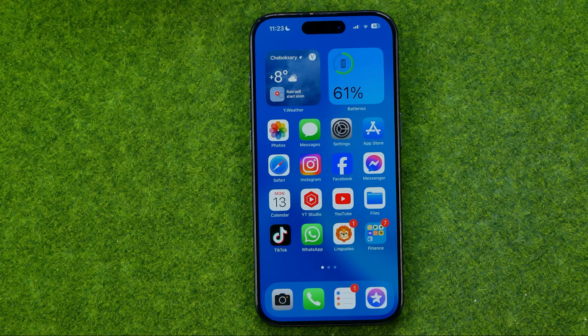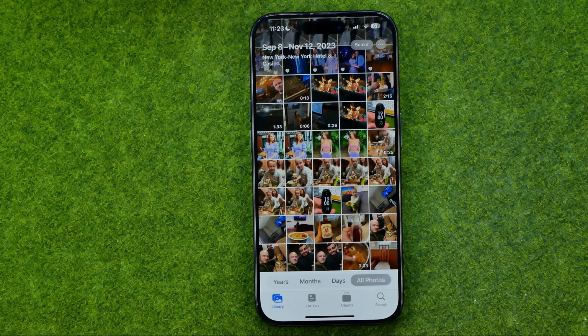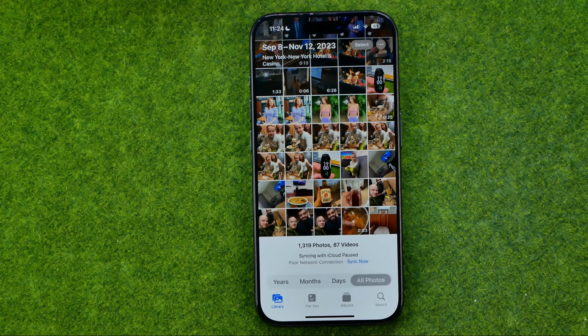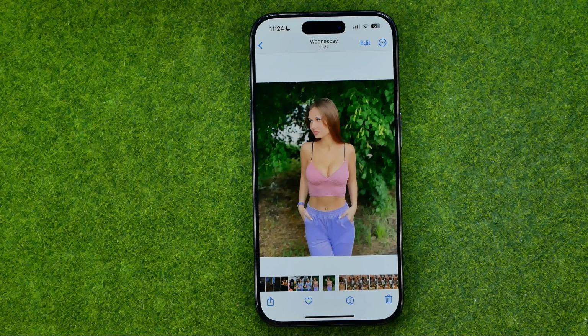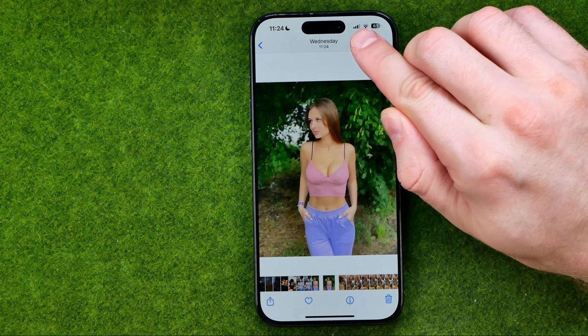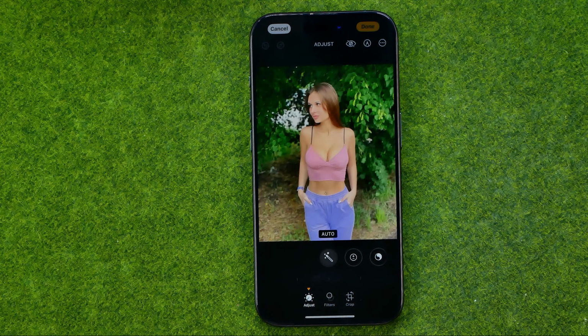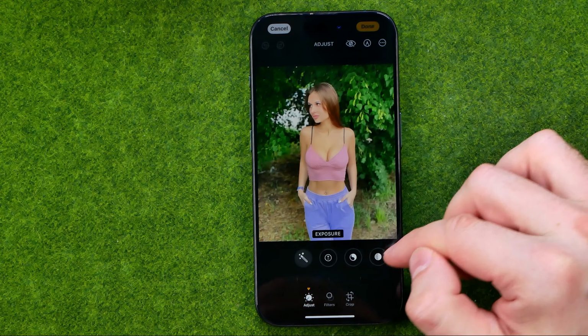Let's get started, and first off, head over to Photos app. Then search for a photo you would like to edit and tap on it. Once it is done, tap right here at Edit to go to Edit mode, and that's where we need to search for Highlight tool. To do that, just drag this toolbar a bit